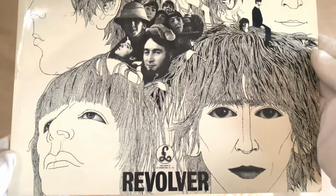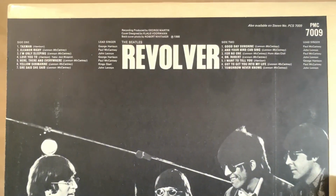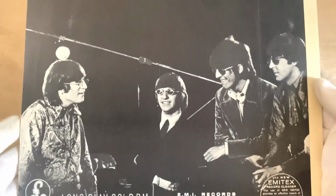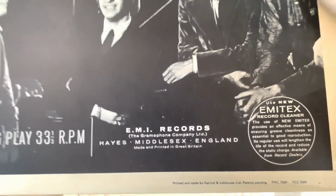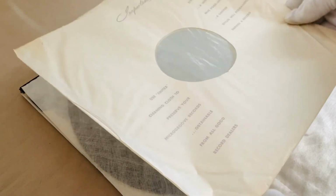Looks really great. Revolver at the bottom there, and once again we've got that fabulous back cover there. Really fantastic flip backs on this, really nice. And we've got our Garran Lofthouse details there at the bottom, as you can see, with the mono and stereo numbers. And then we've got another fabulous spine here. So we've got another Emitex inner then for this one. So onto the vinyl then,